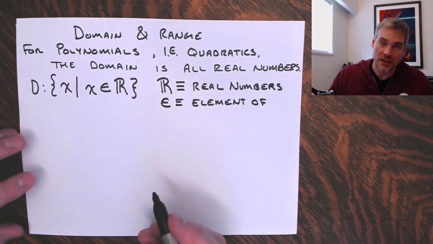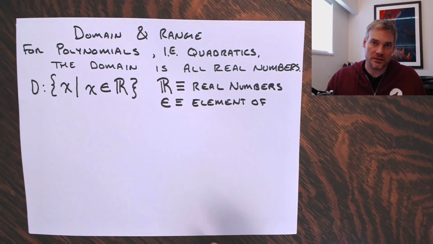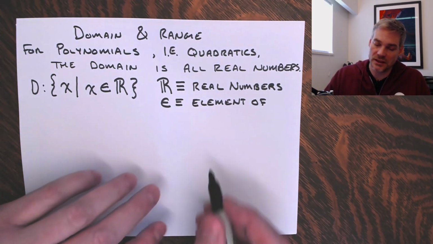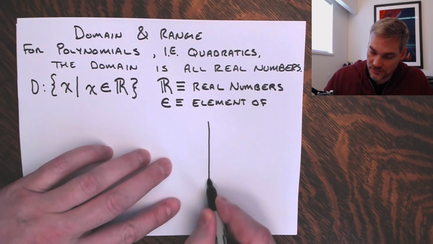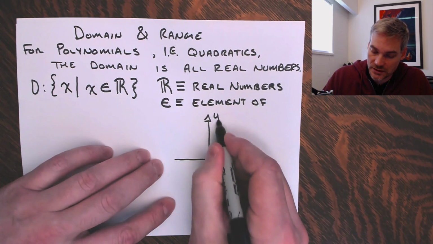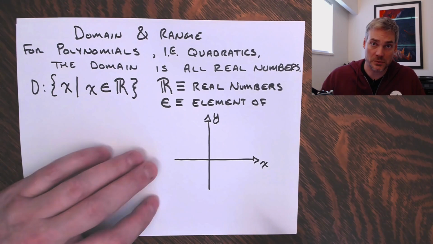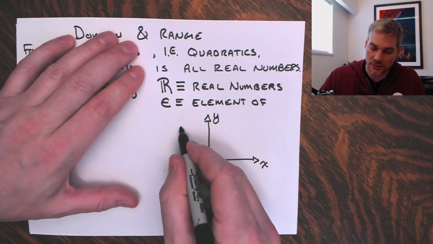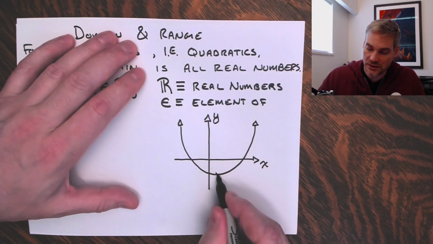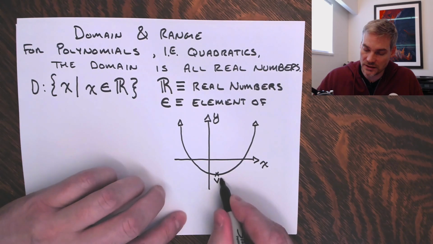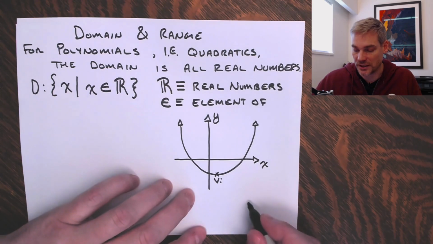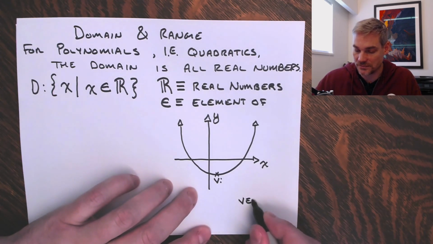So now, how would we define the range? In terms of range, that is going to be our y value or our outputs. So let's draw a little graph here. Let's say we have this, and this is our y and our x, and we're working with quadratics right now, so let's just draw a really simple one. We know that right here is our vertex, and it has the points. Let's put the vertex, just the definition. Vertex